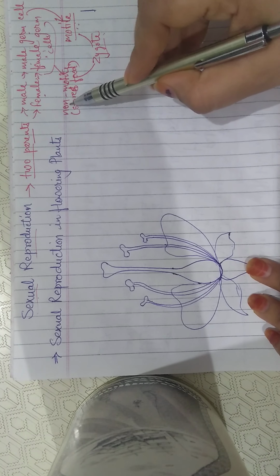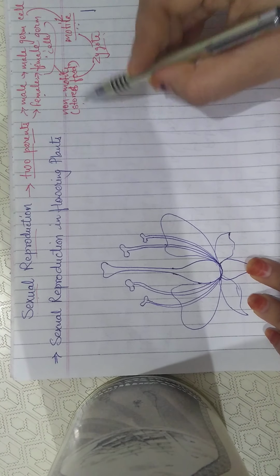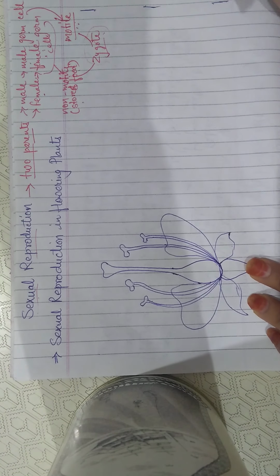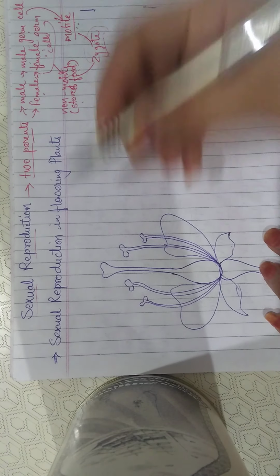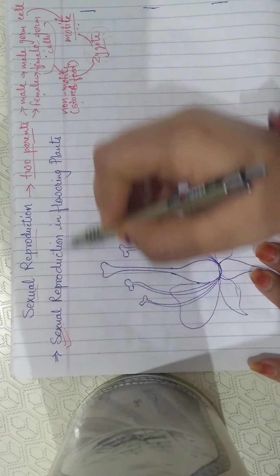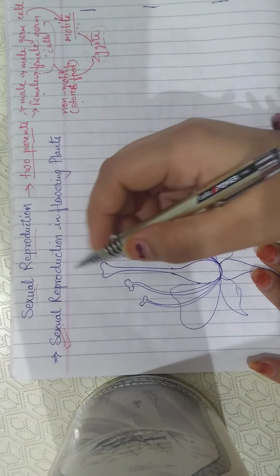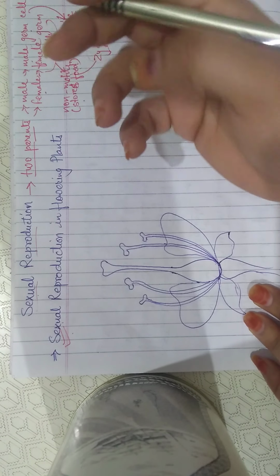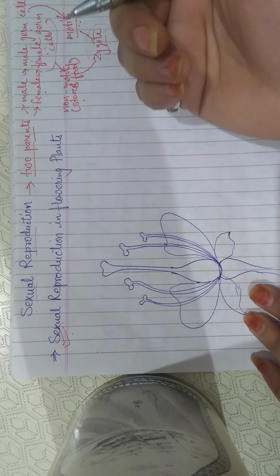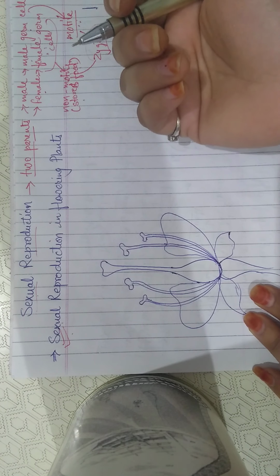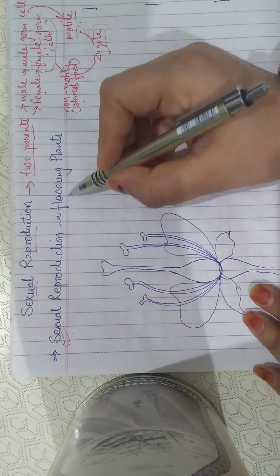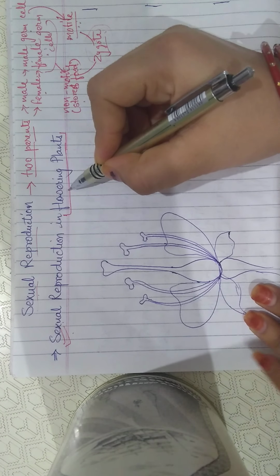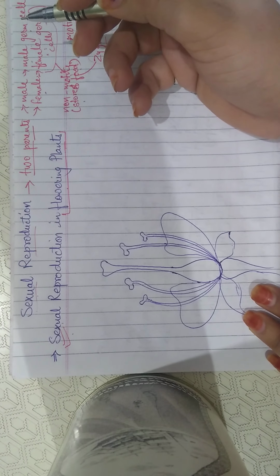Okay, the female germ cell, which is non-motile, stores food for the nourishment of the zygote and for the cells. Now today we will discuss sexual reproduction in flowering plants. In last class we discussed that in a plant there are two types of parts: vegetative parts and reproductive parts. Vegetative parts were stem, leaves and roots, and reproductive parts are the flowers. So only the plants which bear flowers undergo sexual reproduction.